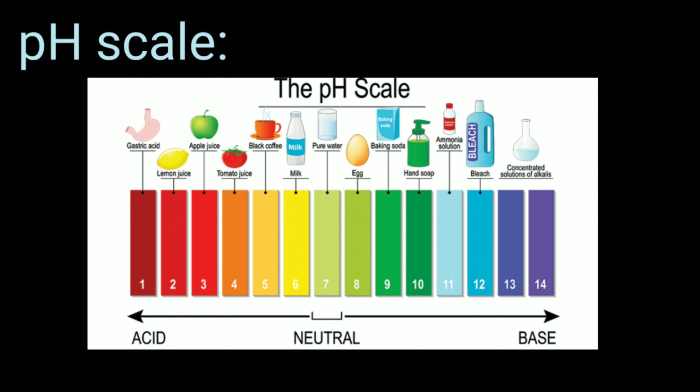Here, in the pH scale, we have the reading from 1 to 14, and when it is below 7, that is up to 6, it means it is acidic in nature, and if the pH is above 7, from 8 to 14, it will be basic in nature. At 7 it will be neutral in nature. The pH paper will show the color change of acid and bases according to its pH.